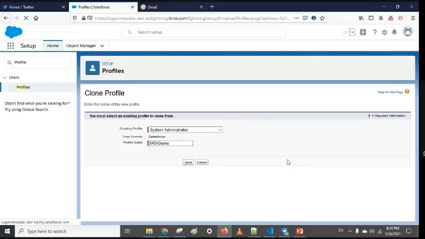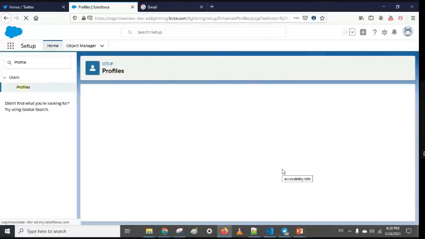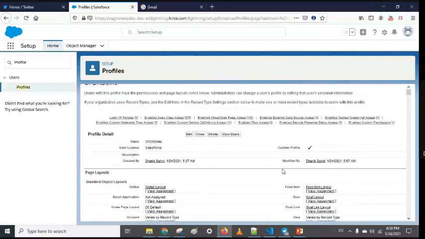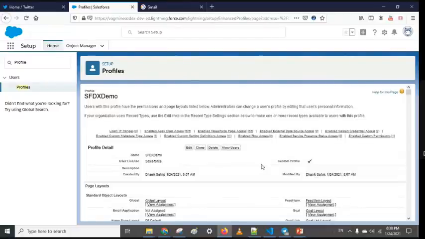Save it. Now you can see that there are a lot of features available in this profile page. So let's see each feature one by one.